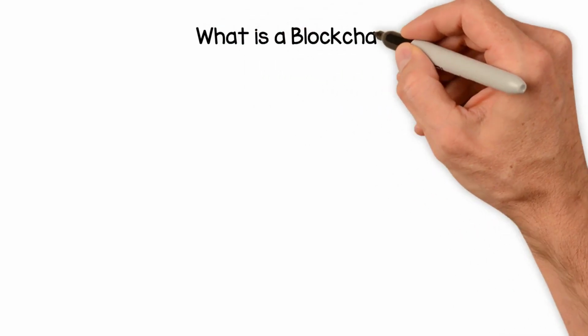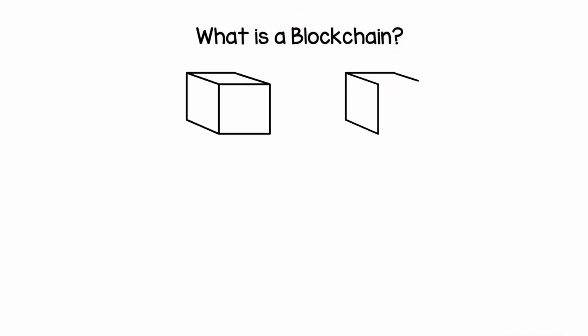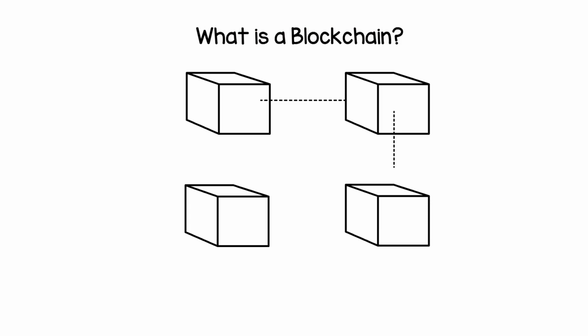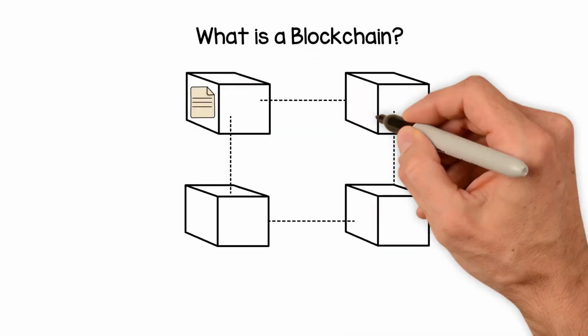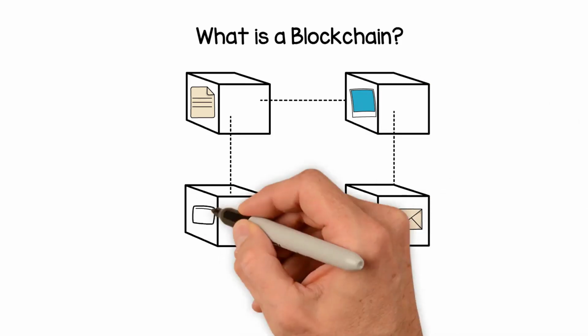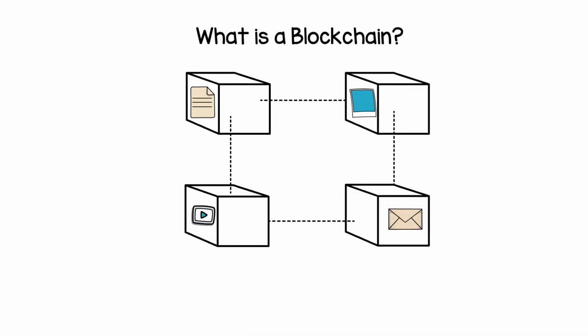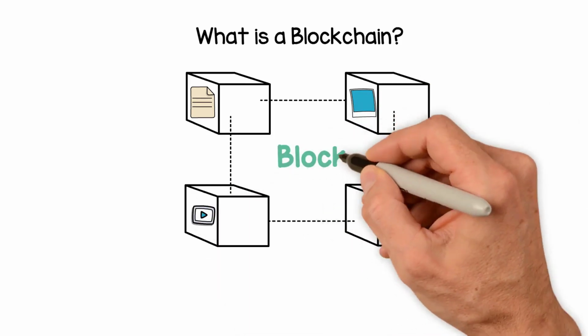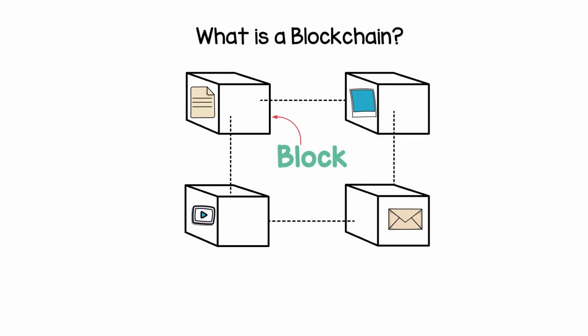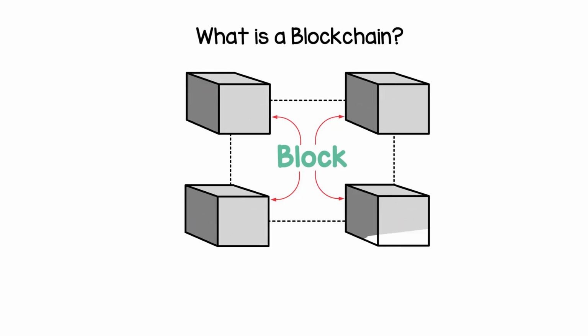What is a blockchain? A blockchain is a distributed database or ledger that is shared among the nodes of a computer network. As a database, a blockchain stores information electronically in digital format. A blockchain collects information together in groups, known as blocks, that hold sets of information. Blocks have certain storage capacities and, when filled, are closed and linked to the previously filled block, forming a chain of data known as the blockchain.